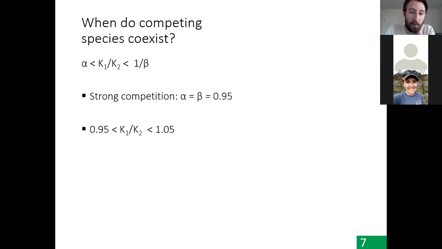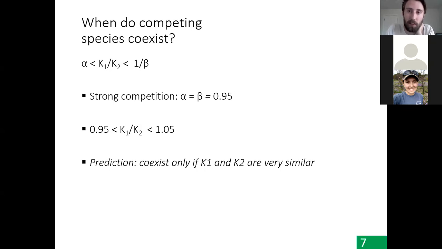And so in order for K1 over K2 to be very close to 1, that means that they have to be very similar to each other. So K1 and K2 must be very close to one another in order for that ratio of K1 over K2 to be close to 1. So the prediction here, if there's really strong interspecific competition, but still slightly less strong than intraspecific, coexistence will only happen if K1 and K2 are very similar and that ratio is very close to